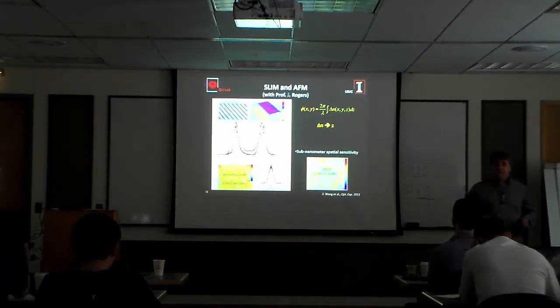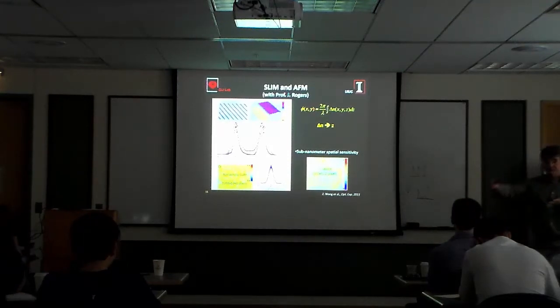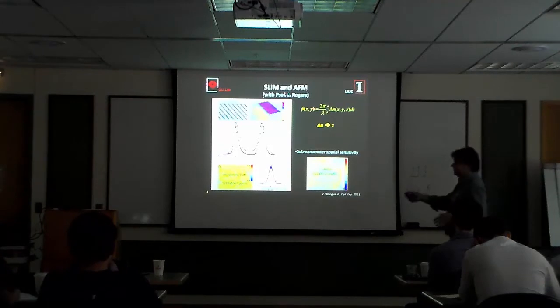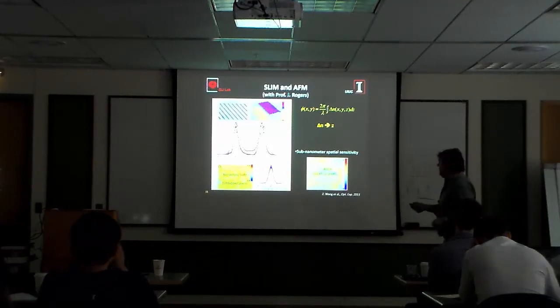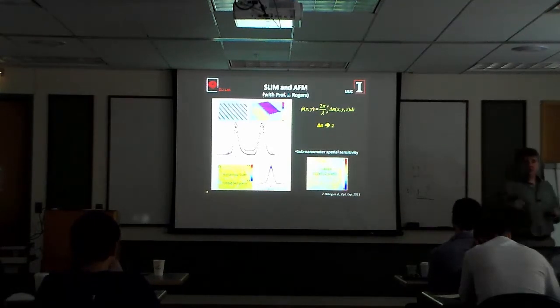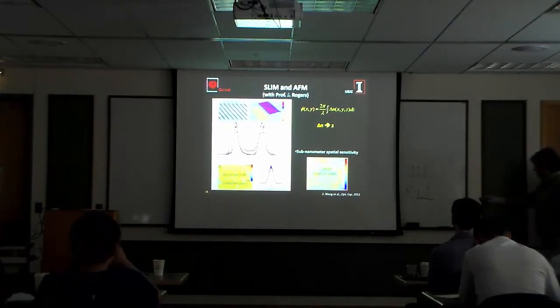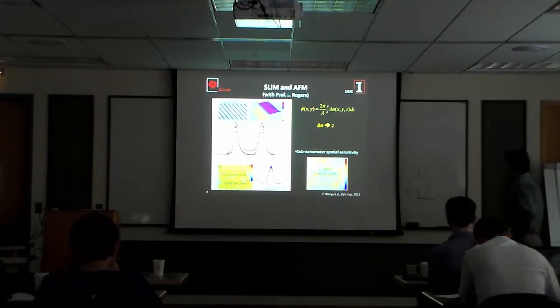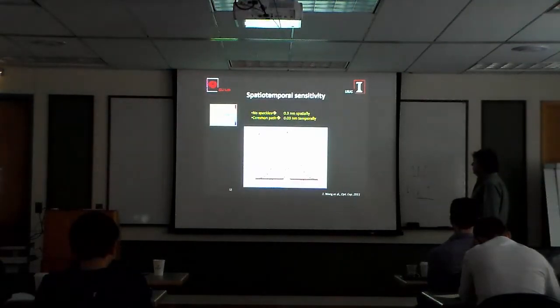The drawback is that in AFM you actually get super resolution. You are not diffraction limited, of course. We are still diffraction limited in X and Y. But in terms of topography, the accuracy is actually very good, sub-nanometer. It turns out that the spatial noise is of that order. It's a perfect Gaussian of about 0.3 nanometer noise. And if you compare this with the laser background, there is no comparison. This is at least an order of magnitude worse.